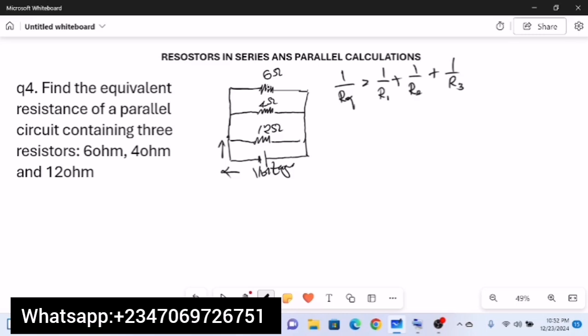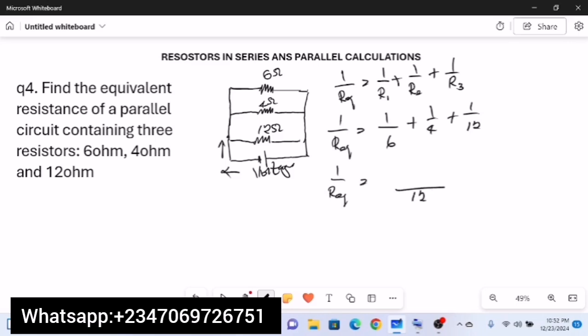A reciprocal of each of them. So we have 1 all over R equivalent equal to 1 all over R1. R1 there is 6, so 1 over 6 plus 1 over R2, which is 4, plus 1 over R3, which is 12. Now in this case the LCM remains 12, so 1 over R equivalent is going to be equal to,